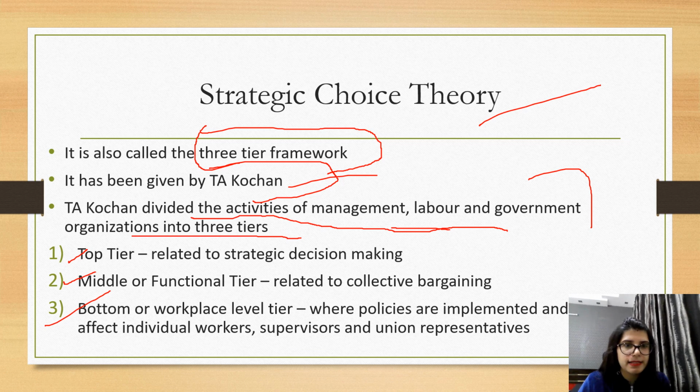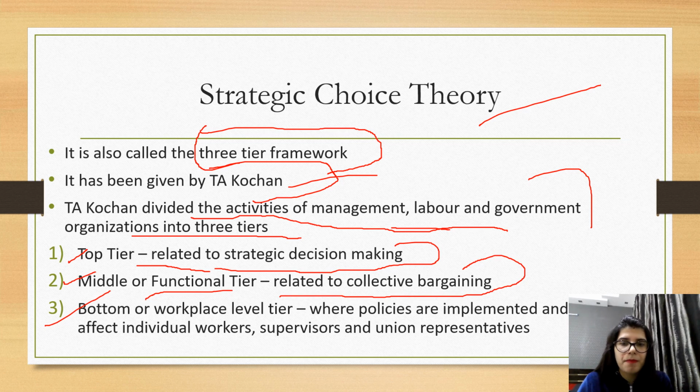अभी this is very easy. टॉप टियर में क्या होता है, अब टॉप मैनेजमेंट में लोग क्या करते हैं, स्ट्रैटेजिक डिसीजन मेकिंग करते हैं, जो स्ट्रैटेजिक मैनेजमेंट कर रहे हैं ऑर्गेनाइजेशन का, वो टॉप टियर करता है. देन मिडिल और फंक्शनल टियर कौन सा होता है, रिलेटेड टू कलेक्टिव बार्गेनिंग. अब ये क्या होता है, ये ना एक लिंकिंग पिन होता है, ठीक है, जो मिडिल या फंक्शनल टियर होता है, ये इनको इनसे लिंक करता है, मतलब बॉटम वालों को टॉप से, क्योंकि मिडिल वाले हैं ना, मिडिल मैन है, so they are related to collective bargaining.